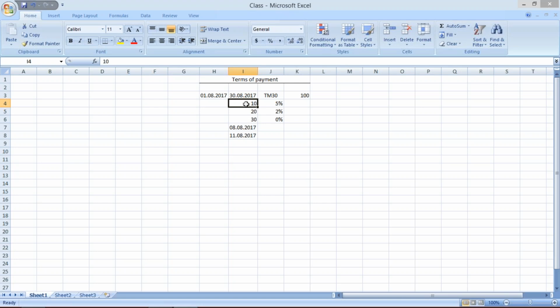After 10 days, 2%, from 10 to 20, meaning the 11th to the 20th, 2%. So if we make payment on the 11th, a 2% discount will be given by the vendor. So when we post a payment, only 95 rupees should go into the account of the vendor,